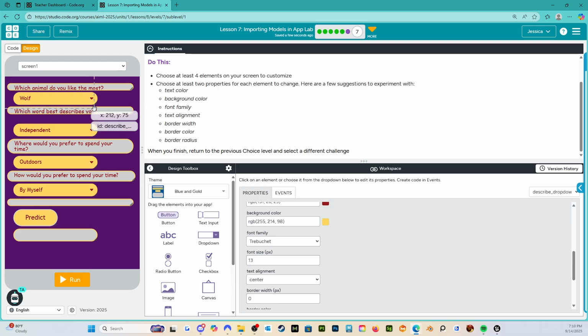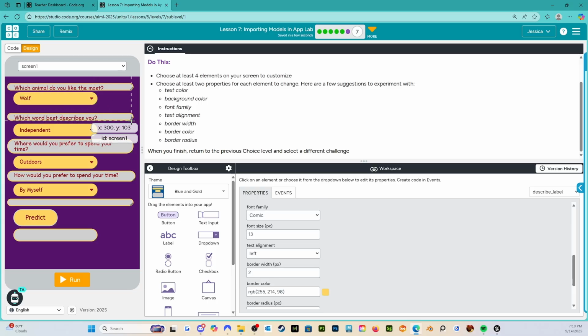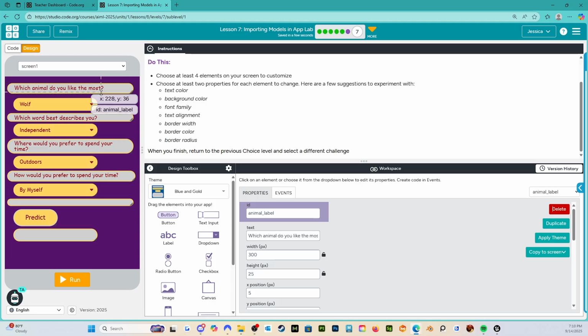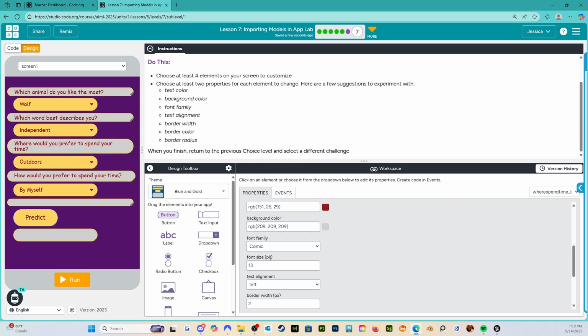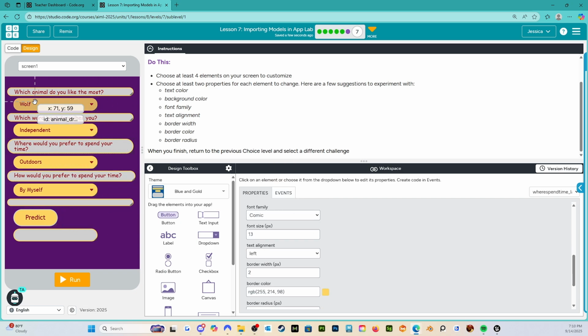All right. Really, this one could be just slightly. There we go. This one could also be just slightly. There we go. Too much. All right, and then bring that down. There we go. All right, so was I done yet? No. Trebuchet to comic. Comic. Okay. There we go. And I think I'm going to leave the yellow ones as trebuchet, so there's just a slight amount of difference. So I have done text color, background color, font family, and